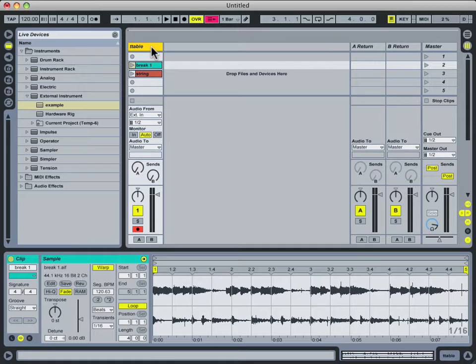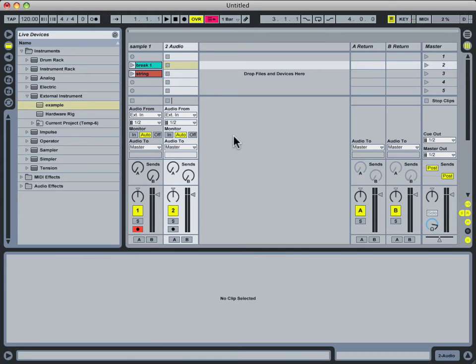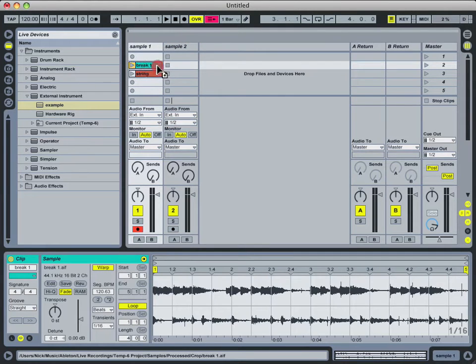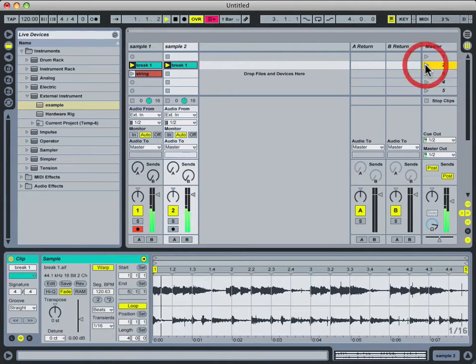I'll just keep this one track for now, call it sample 1, and then I'll create a new track, rename it, call it sample 2, and then I'll copy the break 1 clip over to the second track as well. Now as it stands, if I just play these two samples back with one another at the same time,